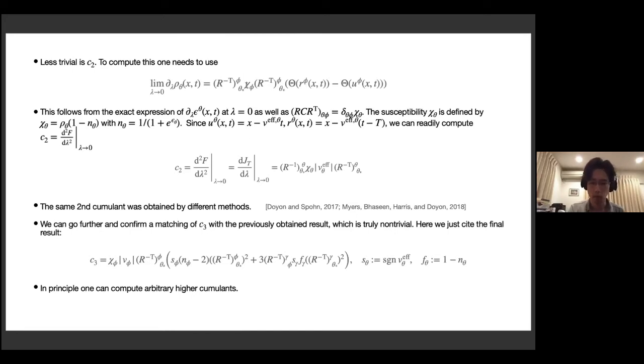To do that, I have to know how rho instead of epsilon varies as lambda changes, and then the value of the derivative of it when lambda is sent to 0, which is given this way. Sorry, just for notation, this psi is what I call the quasi-particle susceptibility, defined by this kind of relation. So using this, you can compute C2, which looks like this,